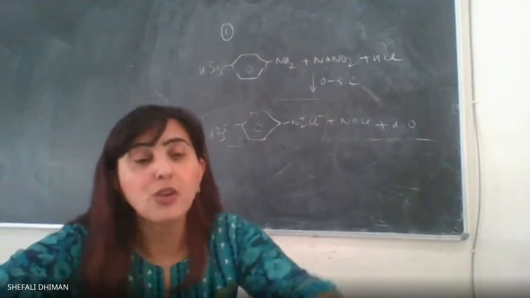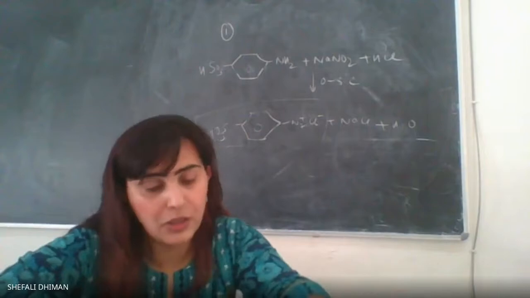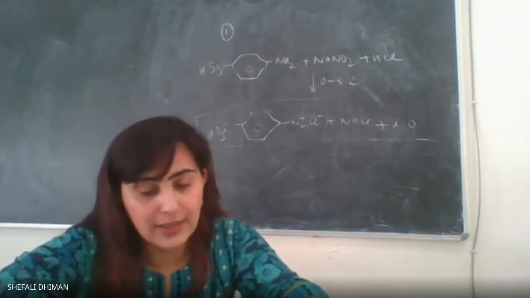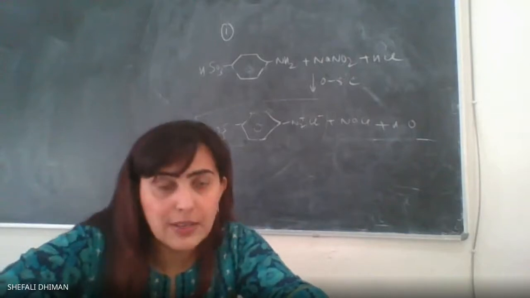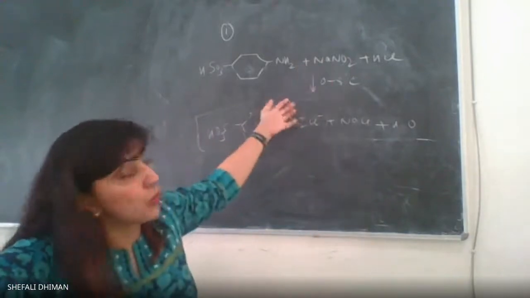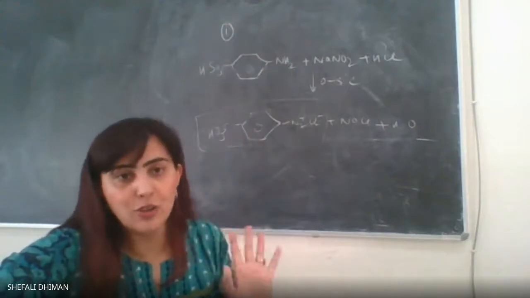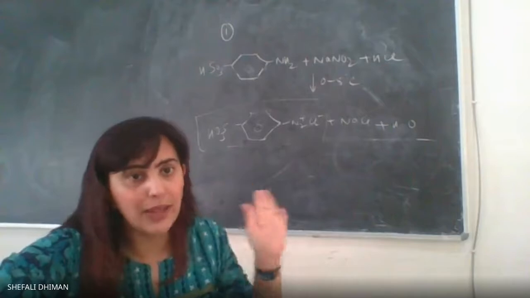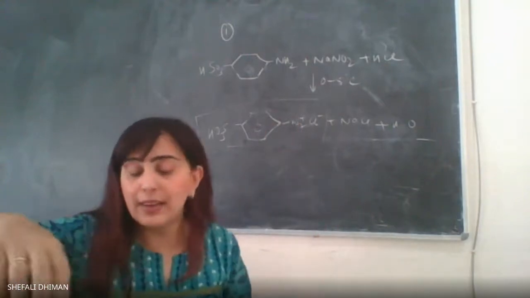So what you do is you take around 4 ml of dimethyl aniline, which is a coupling agent. You dilute HCl and again you cool it to 0 to 5 degrees and start adding to the diazonium salt which is prepared in the above step. Just the coupling reaction has to take place. So I assume that my diazonium has been prepared well and I just have to add dimethyl aniline to it.